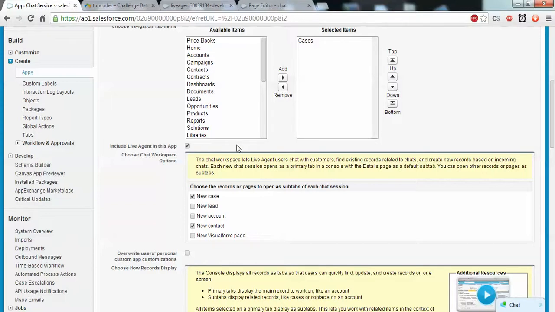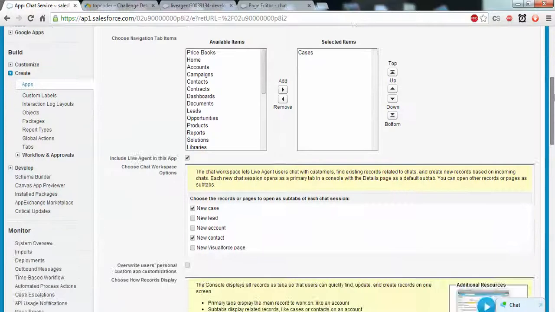When a visitor tries to contact him, from the visitor's information we can create a new case or new contact. For pre-chat, if the user provides an email, we can search in contacts or leads, whatever the case, and fetch the data. So it makes it easy for an agent.